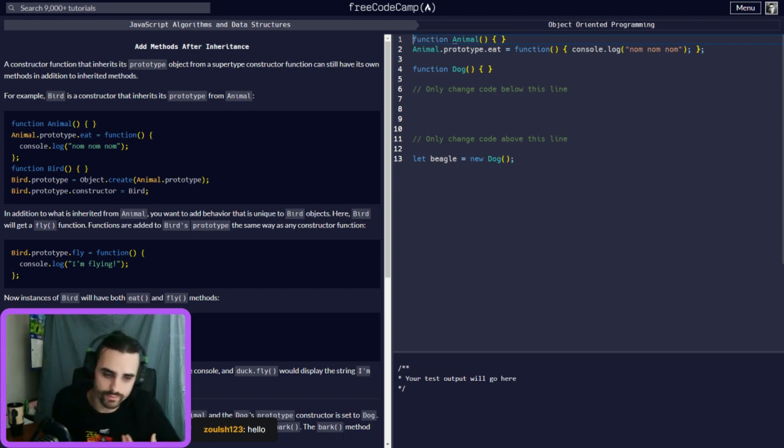So what we did was, in a couple of these steps ago, we assigned that dog prototype. We had all that, and then we assigned all those animal prototypes in its own value.